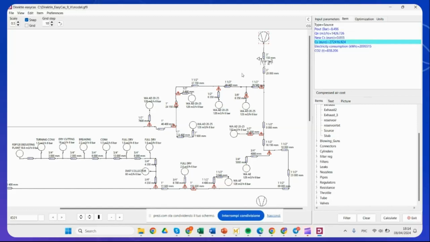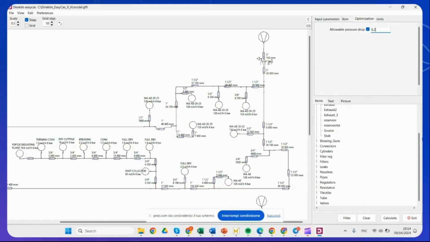The pressure drop calculation is not as trivial as you might think. It is based on ISO 6358, and it's an iterative process. It's a very long equation to calculate the pressure drop. It calculates for every diameter, for every step, like every millimeter step, and then it gives us the pressure drop. So it's an iterative process. And pressure drop here is the optimization criterion. For example, if I want to have a value below half a bar, for example 0.2 bar,